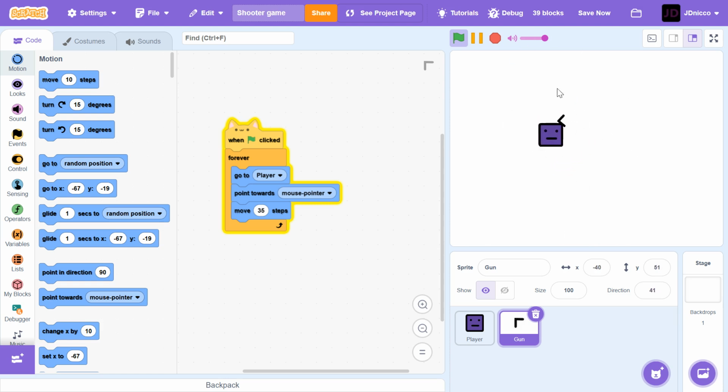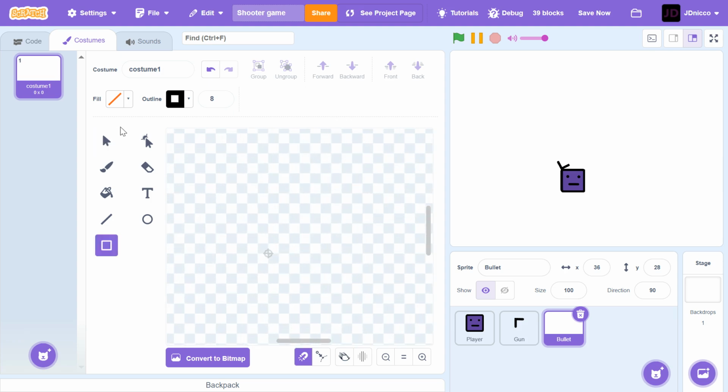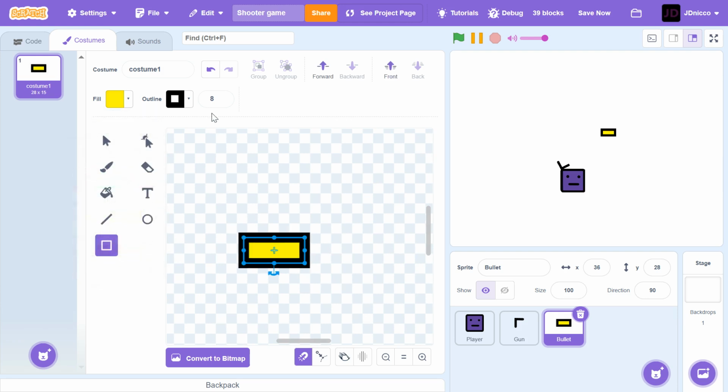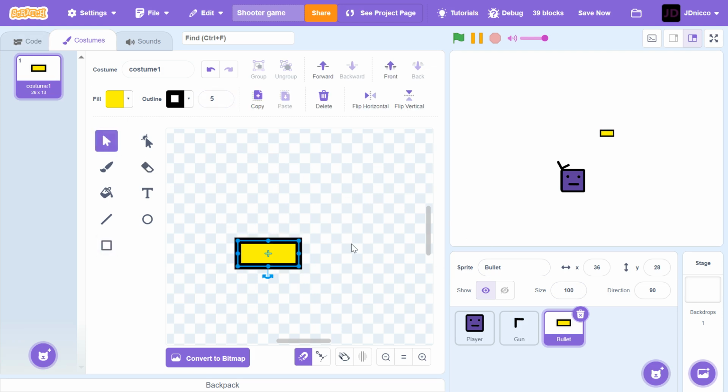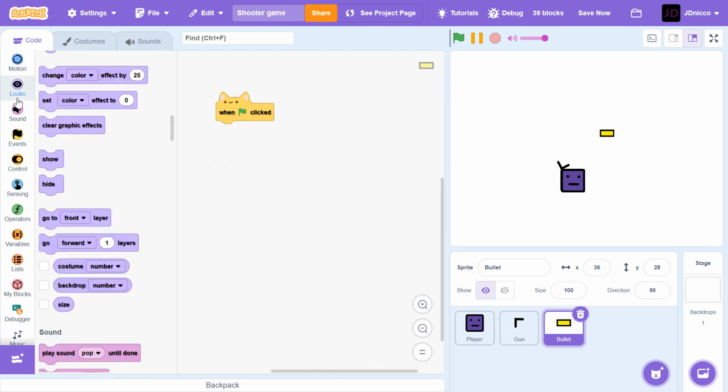It will rotate around the player depending on where the mouse is, and then make another sprite called bullet or whatever you want it to be, and then we will design it. And I'll just do a yellow rectangle for now. You can change it to whatever size you want. I'll keep it at this size. Make sure it's in the middle of the screen. It will snap to the middle if you drag it close to the middle, and then when green flag clicked,